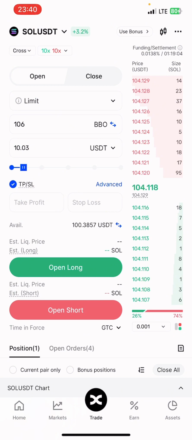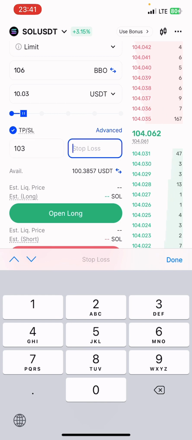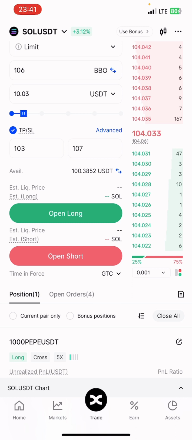Then now your stop loss, since you're saying that you want the market to go down, right? So your take profit should be lower. Are you following it? That's how the signal will come. So you say, okay, if the market gets to 106, if it starts going down, if it gets to 103, I want to take profits, right? If it gets to 106 and it keeps going up, if it gets to 107, I want to stop my loss. Then what are you going to choose? You're going to choose open short, right? So if you tap on that,